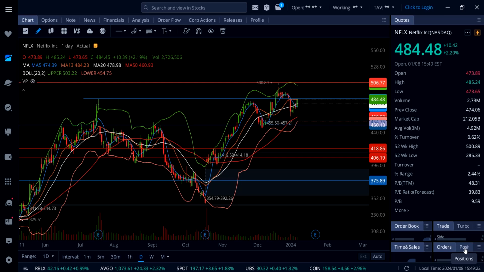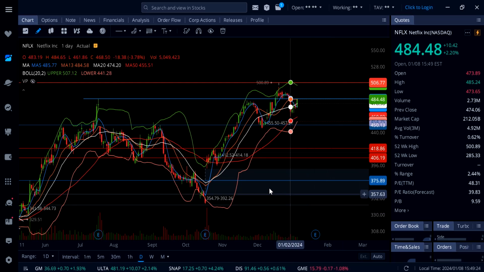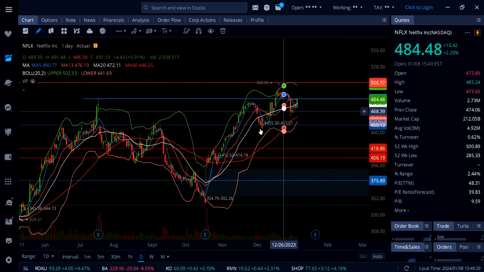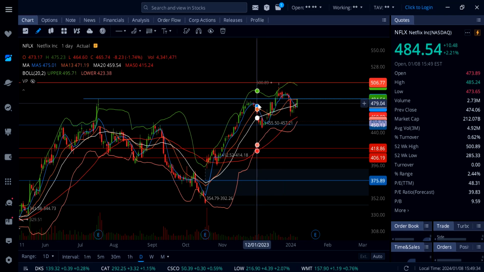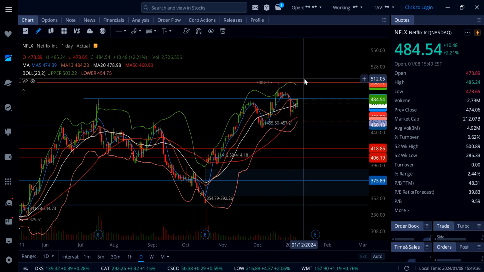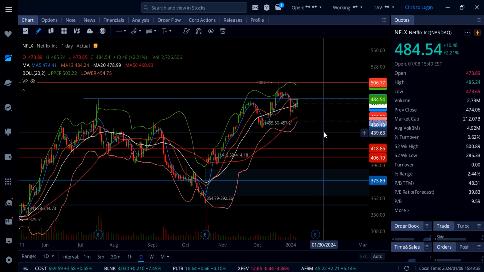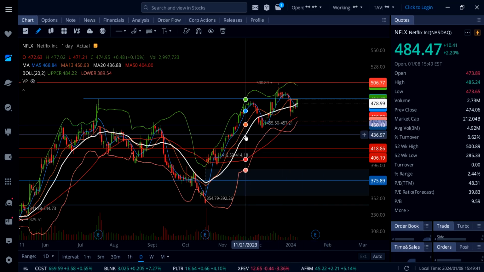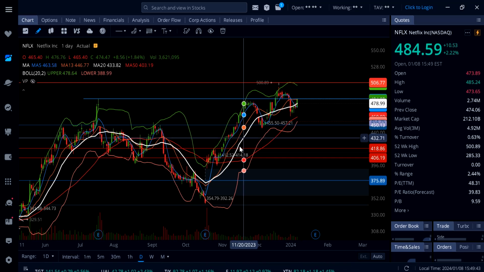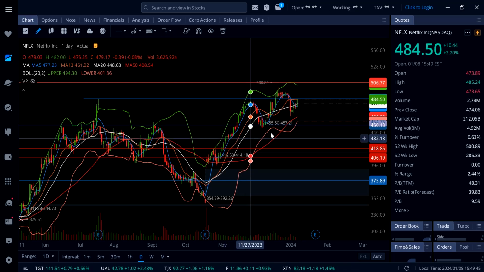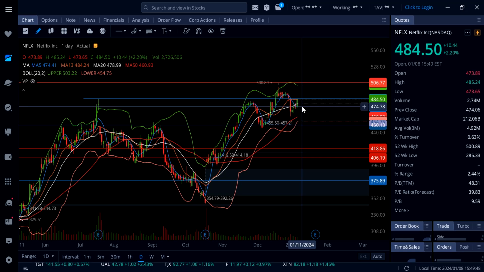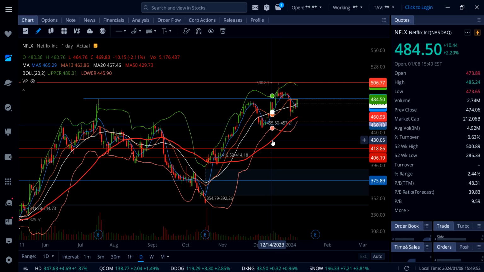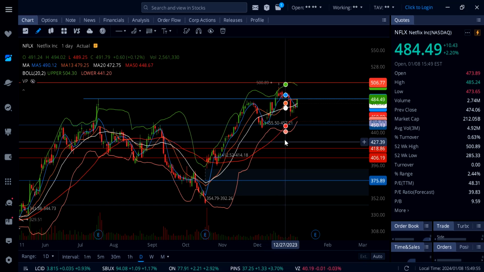Netflix is up 2.20%, and this one is almost getting that breakout again over 485. Now if that happens tomorrow, you're going to see continuation to the upside, and Netflix can go all the way up to 500. On a pullback below 485, we do have strong support at 478.99, the rising 20-day moving average, and if that gives up, watch out for 474, and then possibly coming down to the 50-day moving average right here at 461, and then this gap